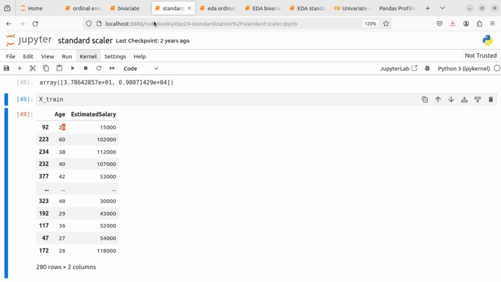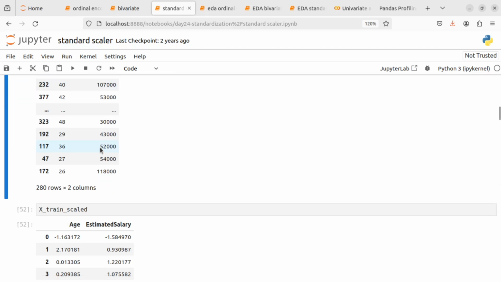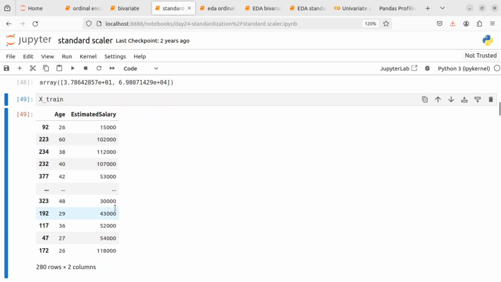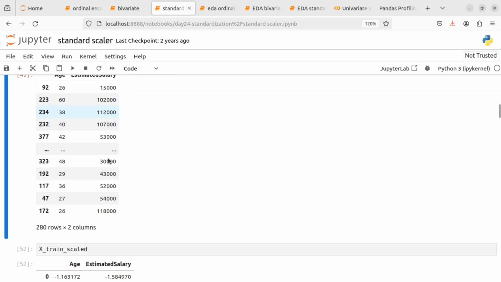Okay. So in this standard scaler, let me explain this to you for a few minutes. If you see salary and age, if you compare this, the value is a huge difference. Like 15,000 is very much different from 26. The difference is huge. 1 lakh 2,000 is very different from 60. So what we do in the standard scaler is we try to scale them to a similar value. You will be giving this data set as input, and after scaling,